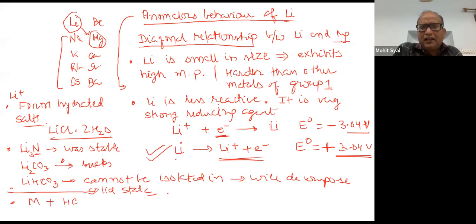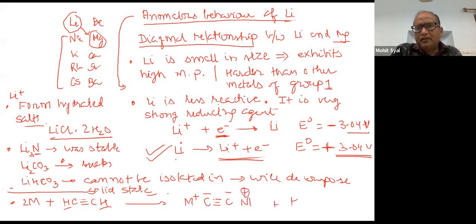This is ethyne or acetylene, and when you react, these metals give their electron, they form M plus, and the electron is taken away by the hydrogen. There are two hydrogen atoms connected to the carbon in ethyne, right? And the hydrogen is liberated. So this is ethynide. So other metals form this,